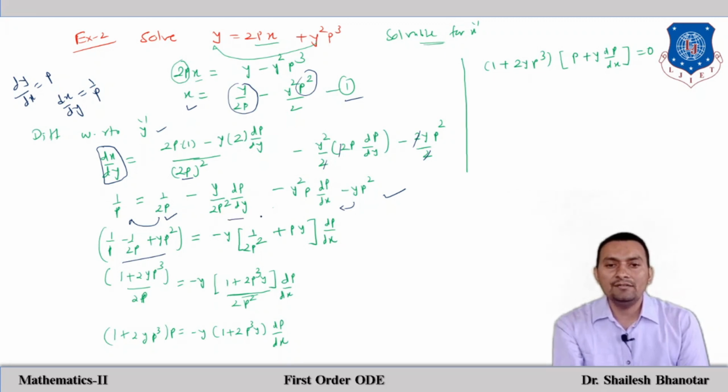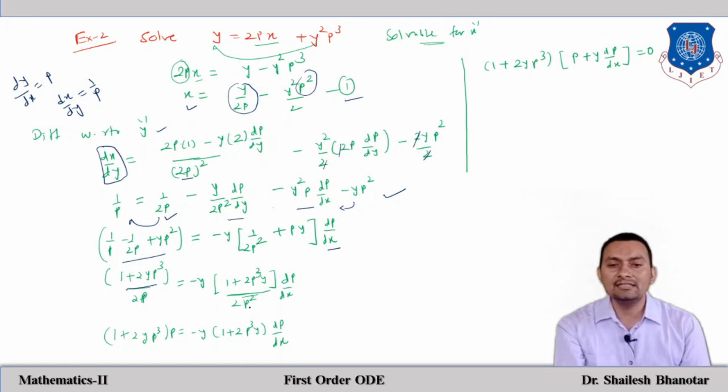Now whatever we have here, just take minus y common, so we will have dp by dy also common, so we will have 1 divided by 2p square plus py. Now you can see that 2p is nothing but the LCM on the left hand side, so I have just taken 2p as LCM. So 2 minus 1, it will be 1 plus, I just have to multiply by 2p, so 2y raised to cube will be there, and again 2p square is the LCM, so 1 plus 2 times p raised to cube y into dp by dx.